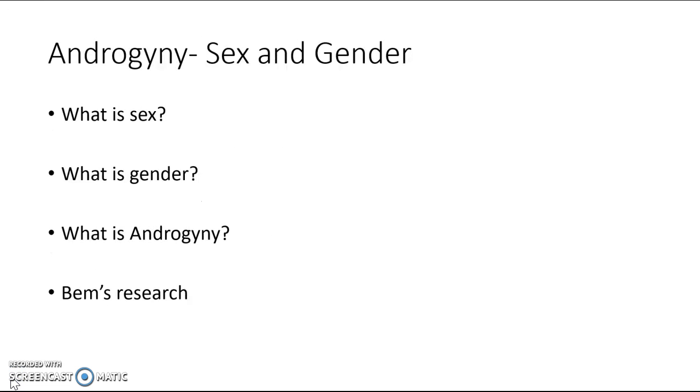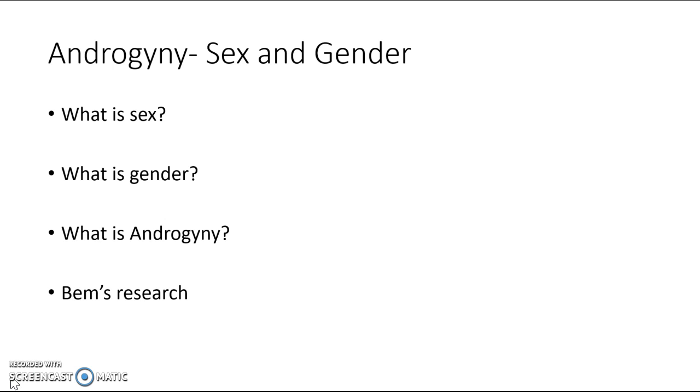The first topic links into basically what is sex, what is gender, what are sexual stereotypes, what is androgyny. So sex is defined as being genetically male, so having an XY chromosome, or being genetically female, as in XX. Gender is a person's sense of maleness or femaleness. It's something that's socially constructed or psychologically constructed.